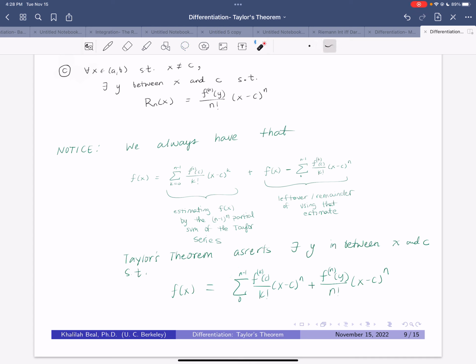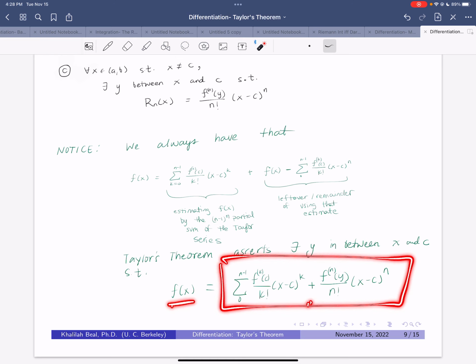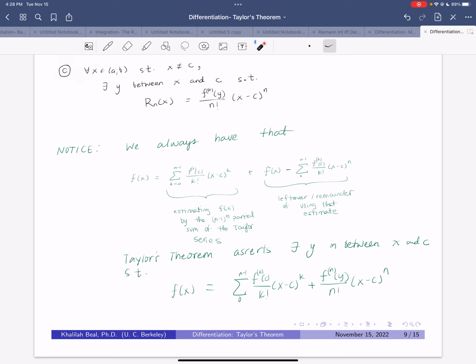Right? So for this polynomial, that should be a k. This polynomial, you're taking the derivative at c, right? You're taking higher and higher derivatives at c to build this polynomial of degree n minus 1. And we're saying that f of x actually is, you can find a value where the nth derivative is plugged in. We'll go ahead and make f of x equal to this nth degree polynomial evaluated at